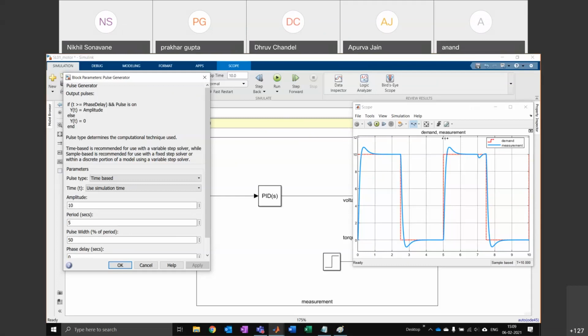So there's a question, can we make our own controller? Yes, so that's what we did before, right? We made our own controller from scratch. The PID is a standard one, so that's why we have a block for this. But beyond this, in Simulink, you can do lots of control systems. So you have model predictive control, you have reinforcement learning, which is a type of AI. Then we have, I think, LQR control, and there's a couple of other types. I forget what the name is. So there are lots of control models. And if you specialize as a control engineer, you can learn a lot of them.